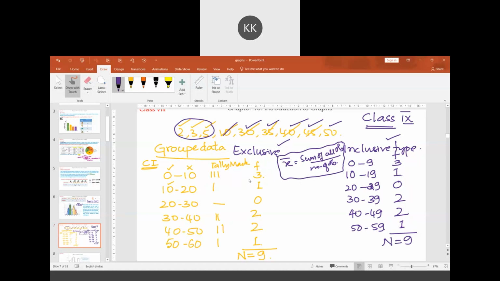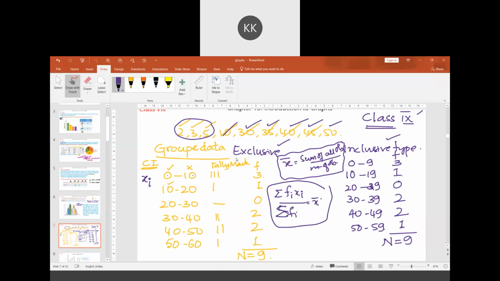When there is a grouped data of this type, we follow some method. We are going to find the mid value, means between these two. 0 plus 10 divided by 2, which is 5. That is called xi. It's mid value. This 5 has to be multiplied with the frequency. You will get fi xi. Then you are going to add all of them. You will get sum of fi xi divided by sum of all the frequency, sigma fi. This gives the mean. This method you are going to learn in class 9th.